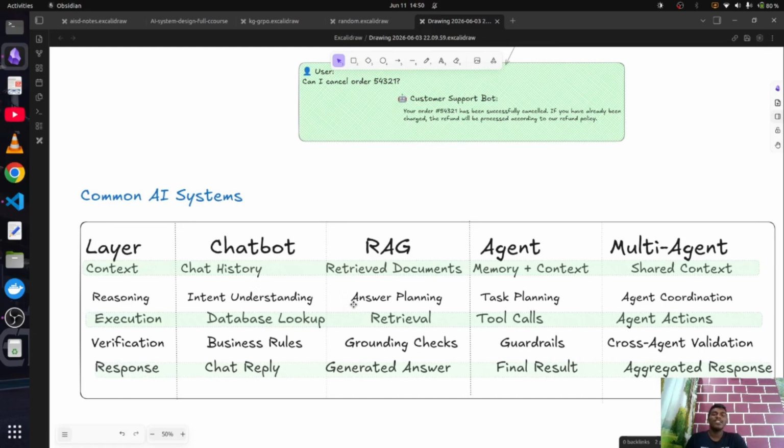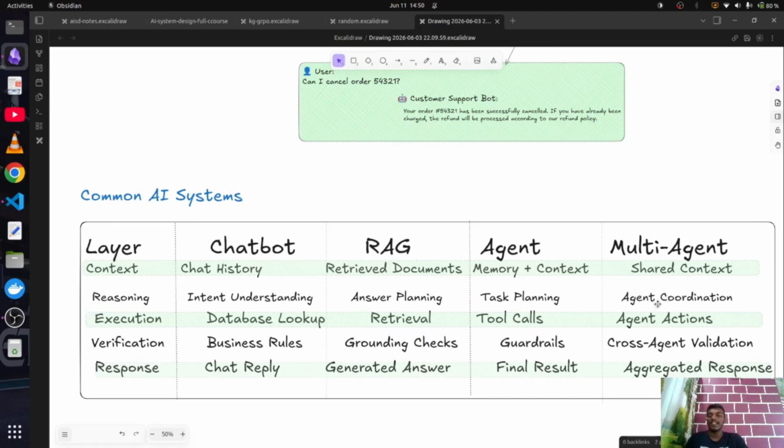For RAG, the whole reasoning part, the decision making part, is basically the planning one, like how you rank your retrieved documents and so on. For agent, it's task planning, where you break down the whole task, and for multi-agent, it's agent coordination. Among the multiple agents, the tasks are distributed, so your resources are utilized properly.